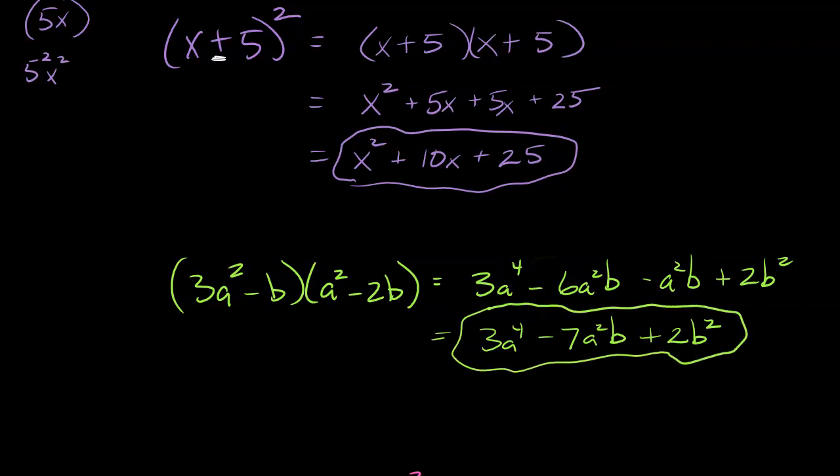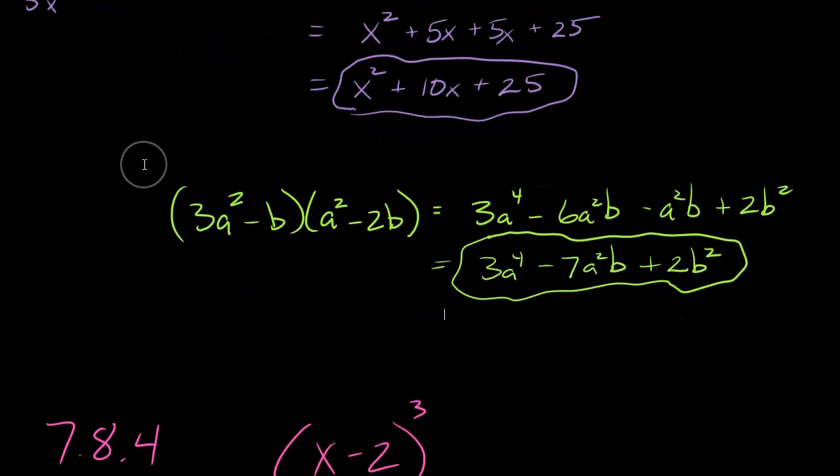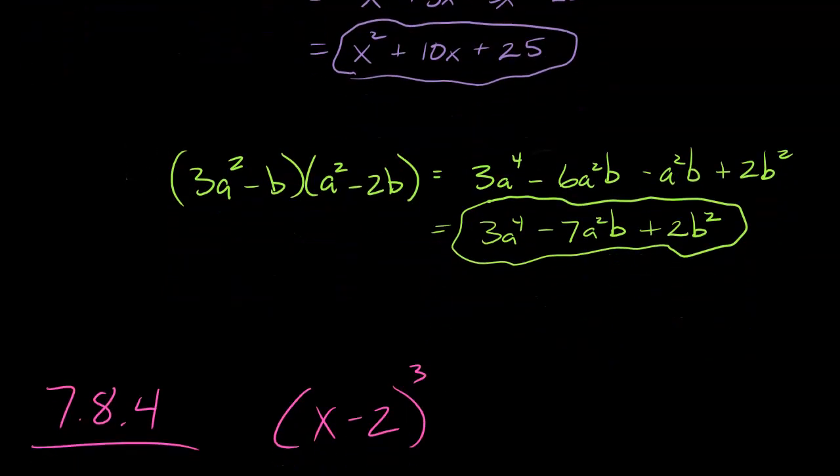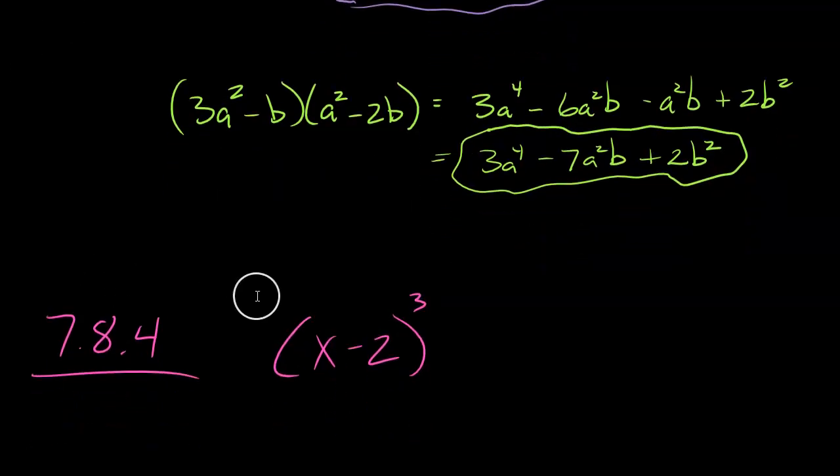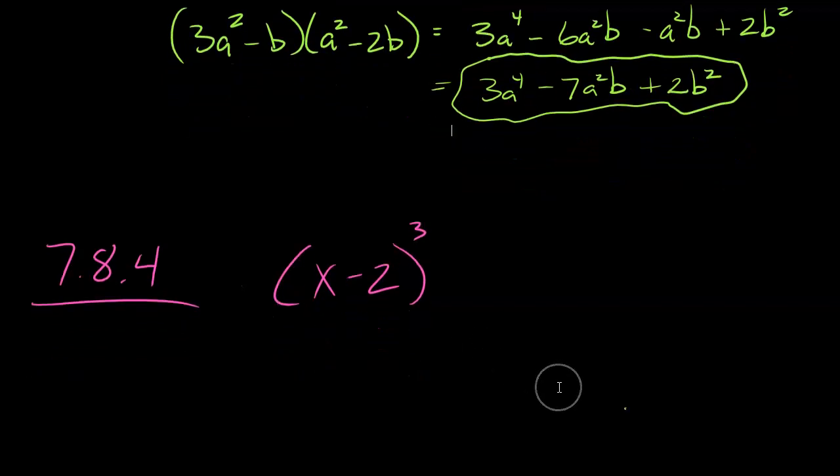I wanted to get to the last one, which is more annoying than anything. It's not because of difficulty, it's just annoying. And it looks harmless, right? So we just talked about how squared means times itself. Well, cubed means times itself 3 times. So if I write that out the long way,